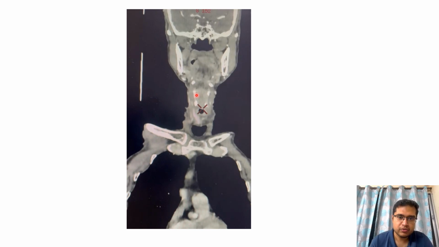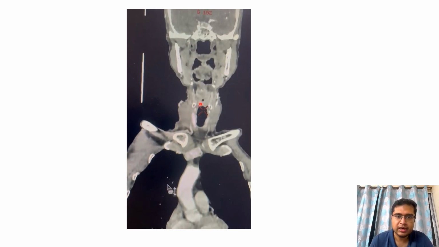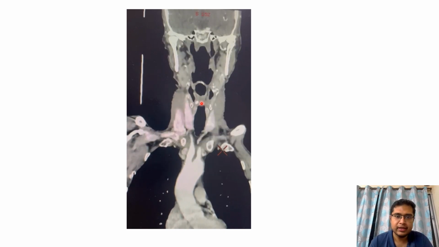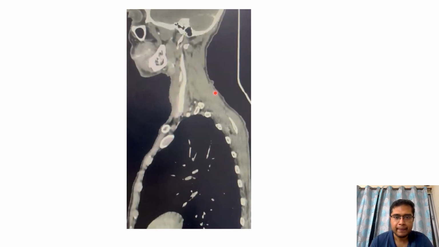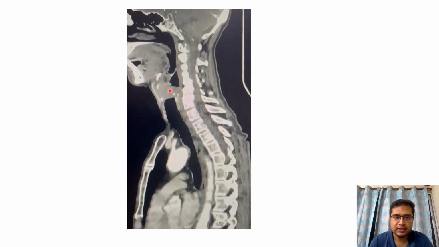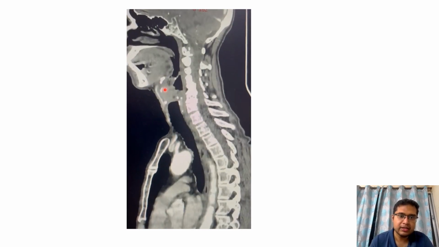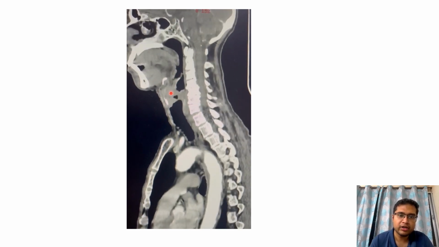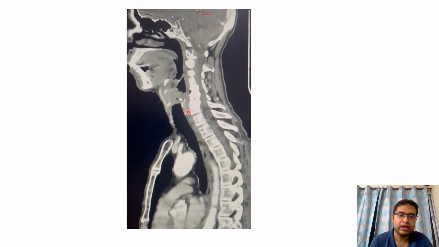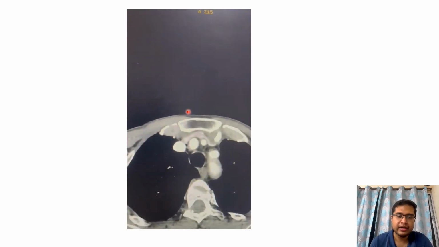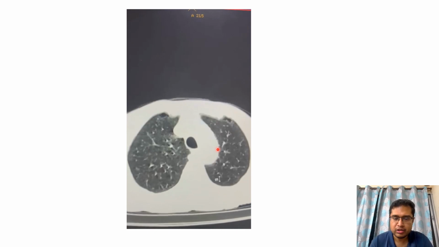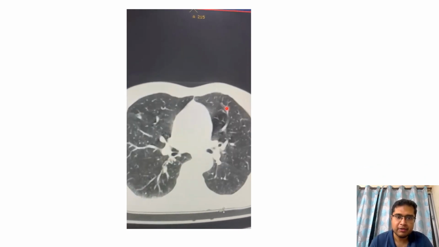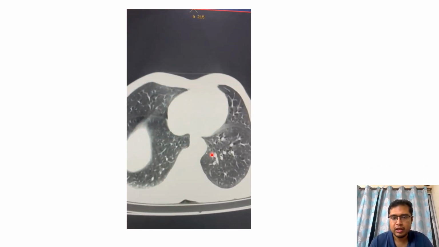These are the coronal sections where again we can see this heterogeneously enhancing mass lesion, centered at the glottis and extending up to the supraglottic region. These are the sagittal sections. This is the epiglottis. We don't see that pre-epiglottic fat that I showed you on the images. A lung window showed no obvious mets, but there were some paraseptal emphysematous changes,